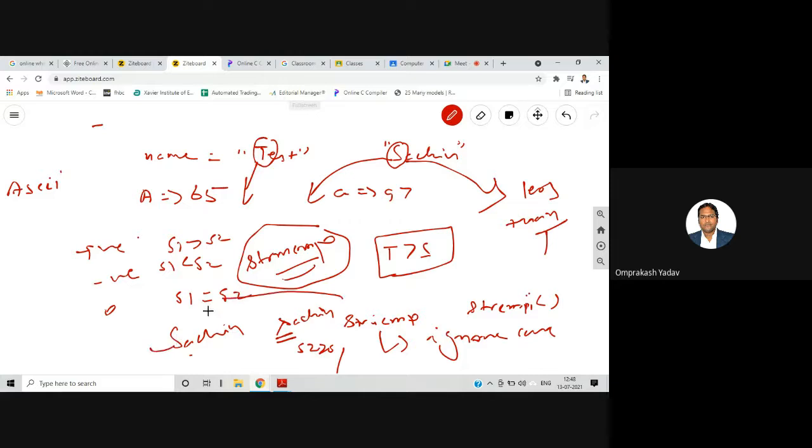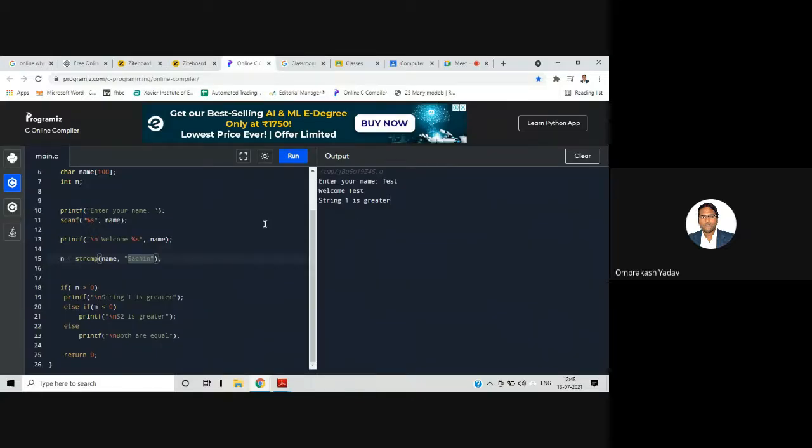If we really want to do the checking by ignoring the case also, then we can use the stricmp function. Let me show you the example. Here we already have Sachin, and I'll enter a small sachin.